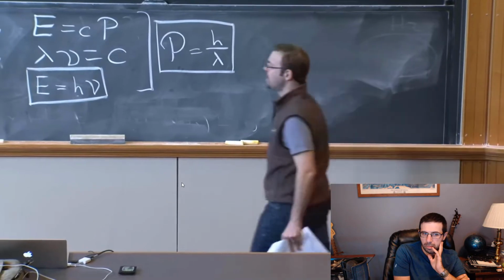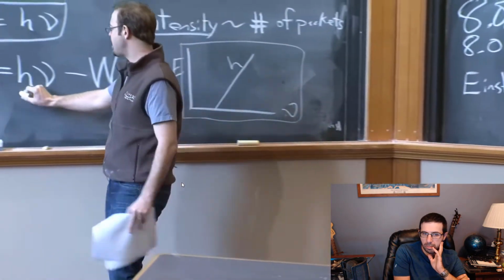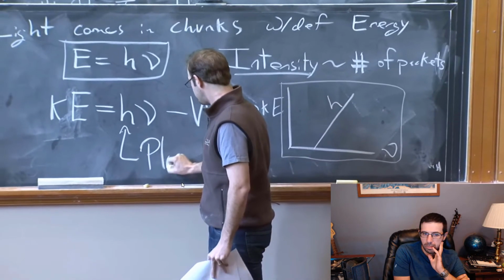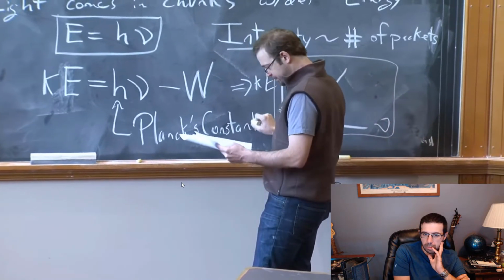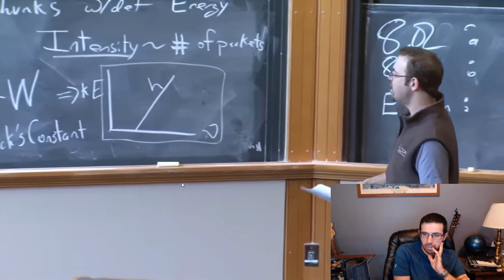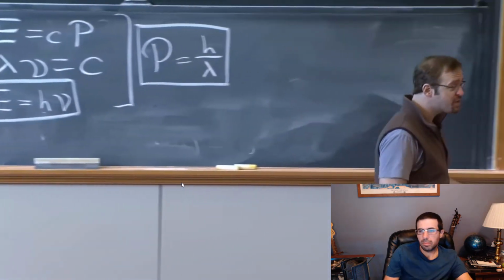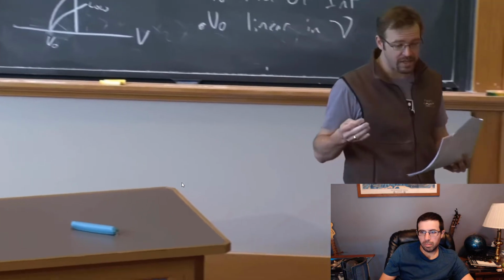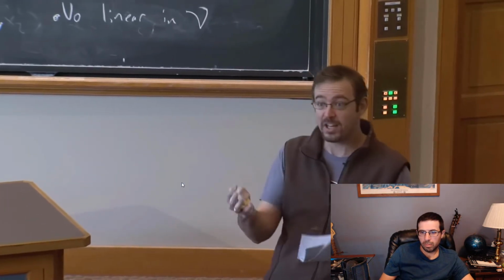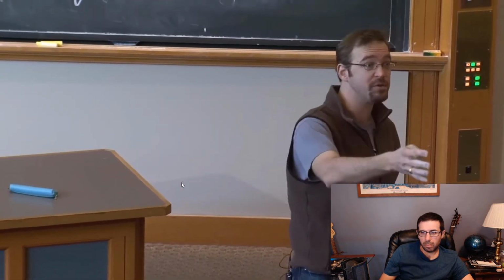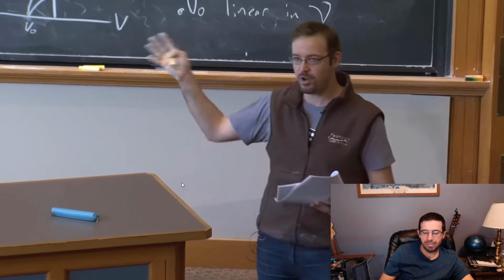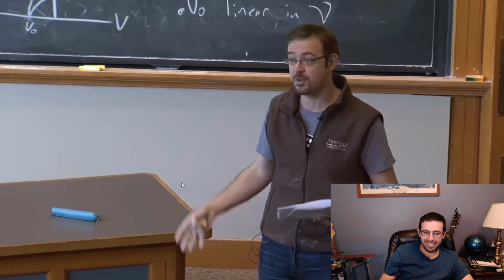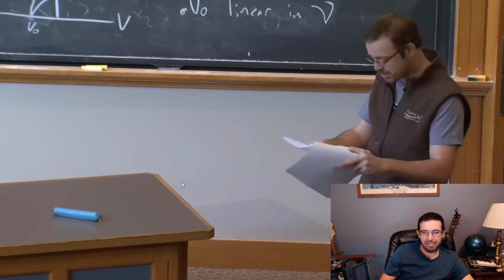Now this coefficient has a name, and it was named after Planck. It's called Planck's constant. And the reason that it's called Planck's constant has nothing to do with the photoelectric effect. It was first this idea that an electromagnetic wave, that light, has an energy which is linearly proportional not to its intensity, squared, none of that, but just linearly proportional to the frequency, first came up in an analysis of blackbody radiation by Planck. And you'll go through this in some detail in 8044 later in this semester, so I'm not going to dwell on it at length now. But I do want to give you a little bit of perspective on it.